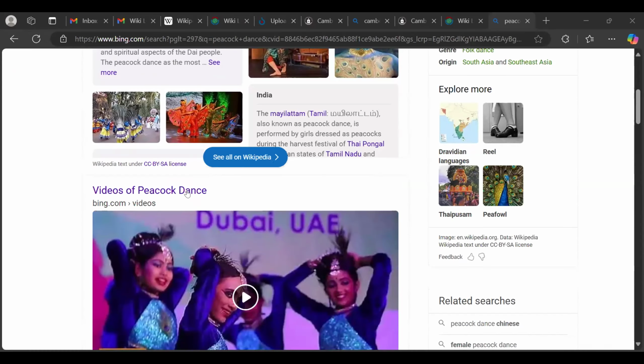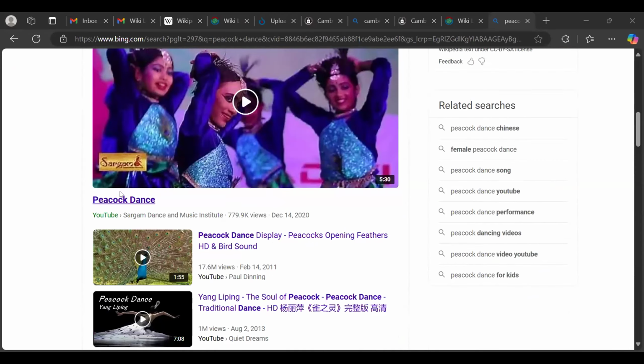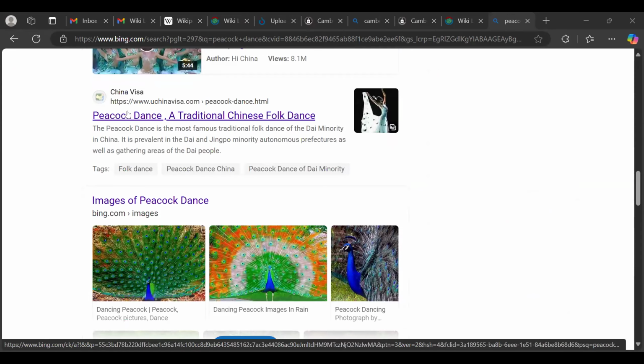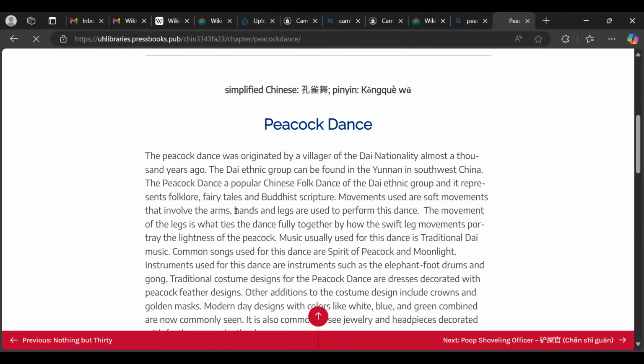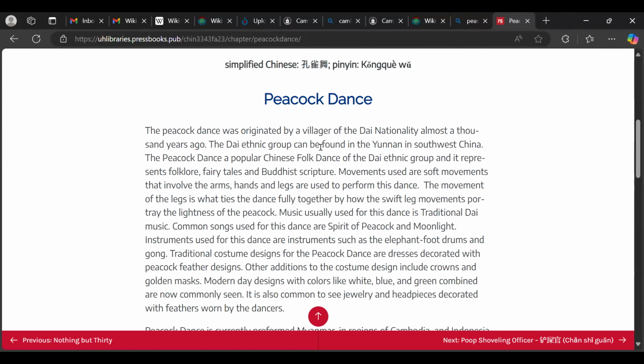What you can do is make the 3 changes that I showed you on that particular article, but to add a reference to that, you find other reliable sources like, let's see, University of Houston Open Educational Resources. So there's a publication on Pressbooks about peacock dance. This is a very reliable reference that you can use. Now open it in a new tab, read more about peacock dance, and try to add a reference to that